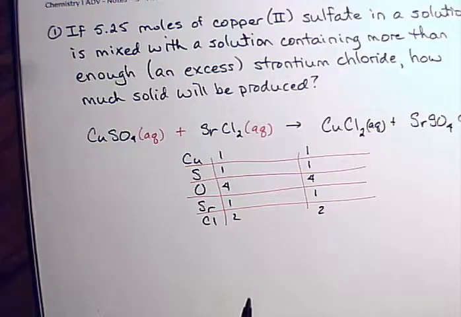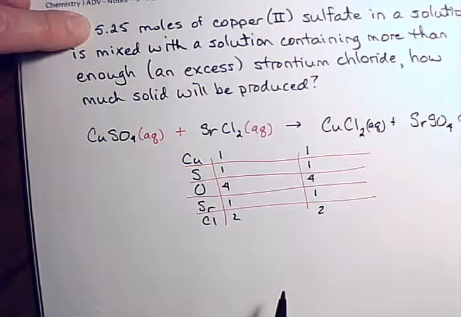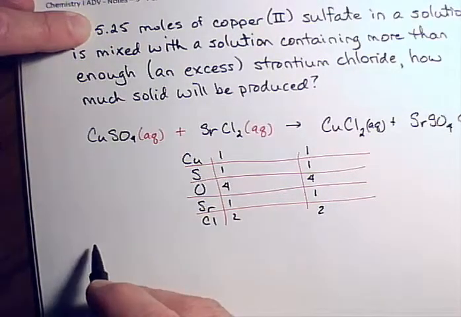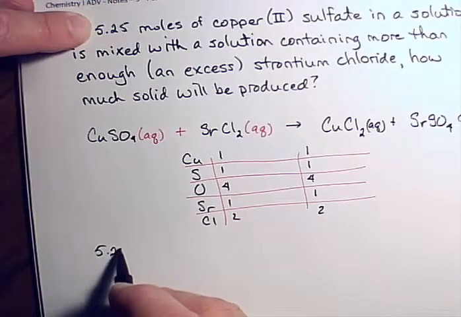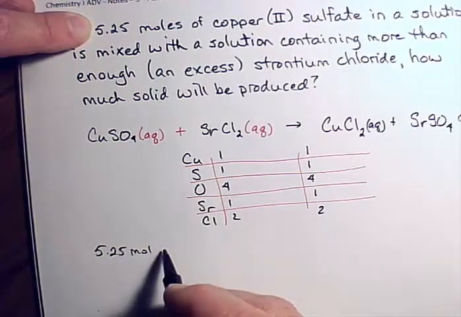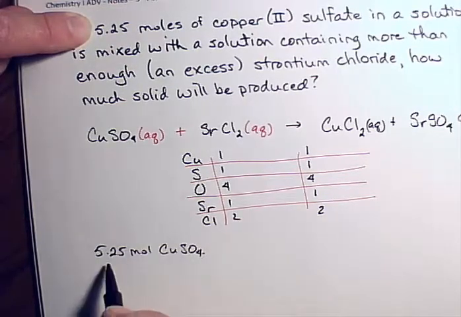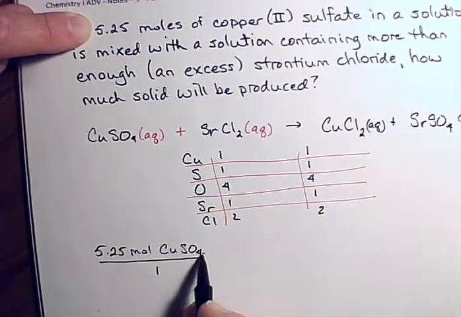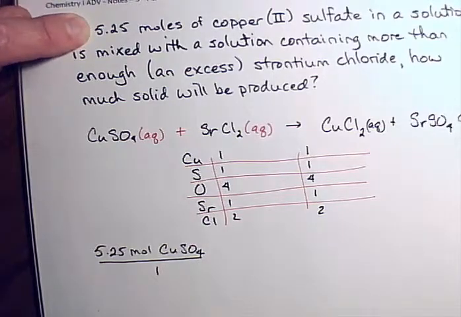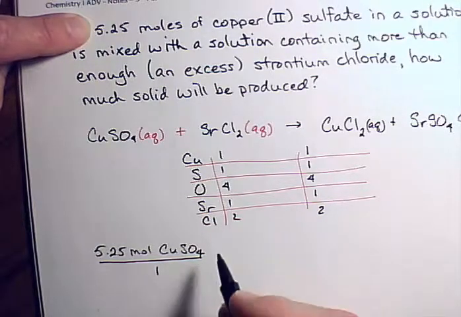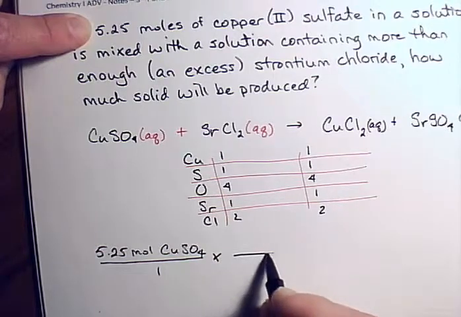So we're going to start with the starting amount. And the starting amount, it says, is 5.25 moles of copper 2 sulfate. And we put the starting amount over 1. And there are times when you don't put it over 1, but for almost all of the stuff we do in here, starting amounts in stoichiometry, and in fact in some other kinds of problems, starting amounts go over 1. Then we're going to build a conversion